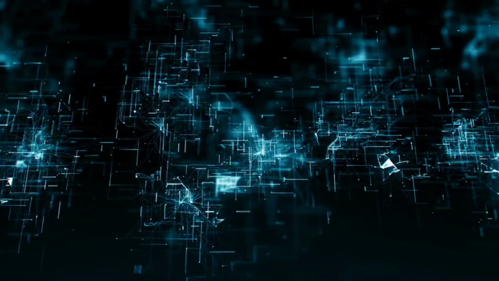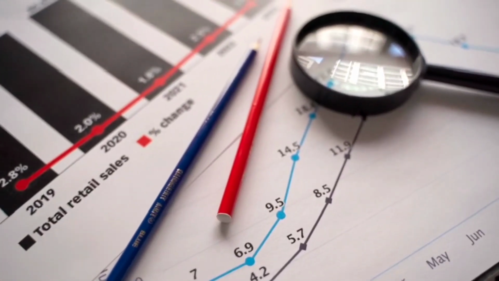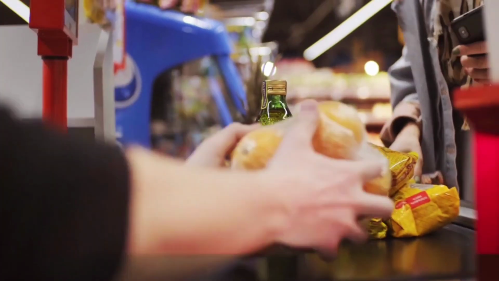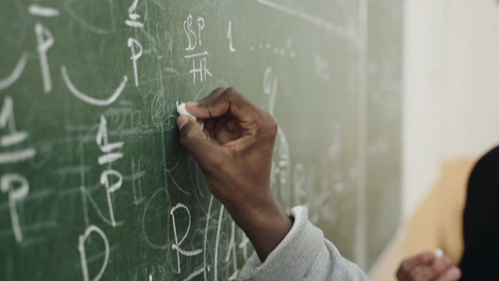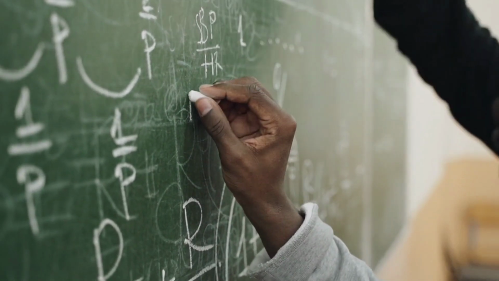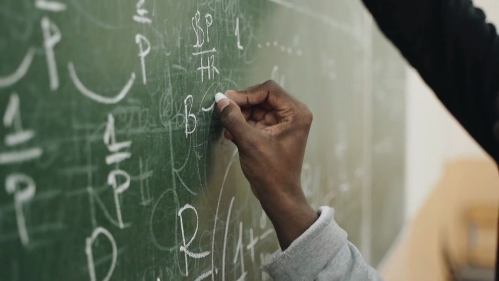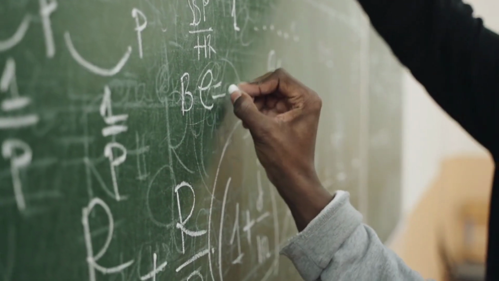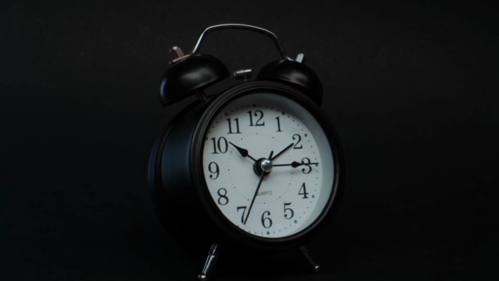The calculation of the correlation coefficient involves taking the covariance of the two variables and dividing it by the product of their standard deviations. This formula allows us to quantify the extent to which changes in one variable are associated with changes in another. For instance, if we were to examine the relationship between the number of hours spent studying